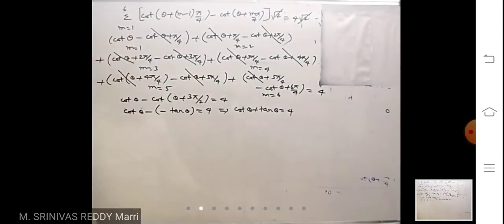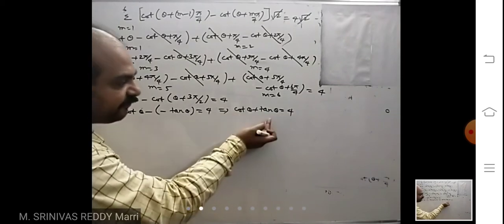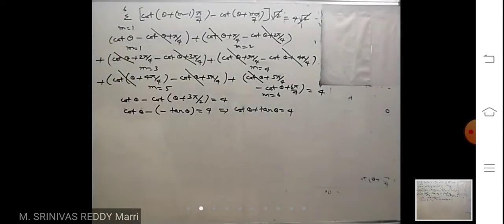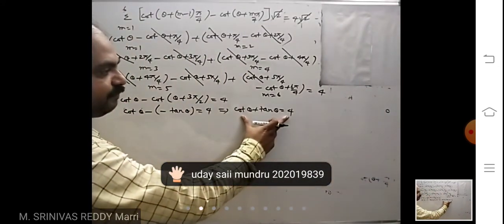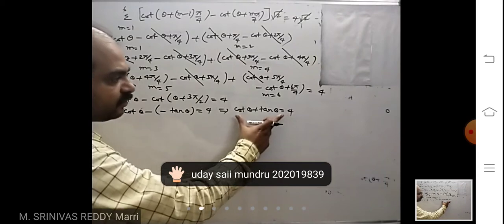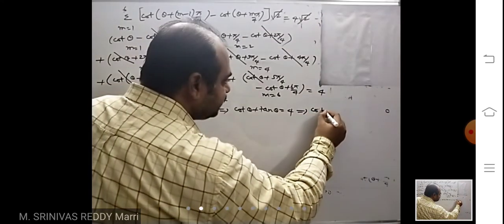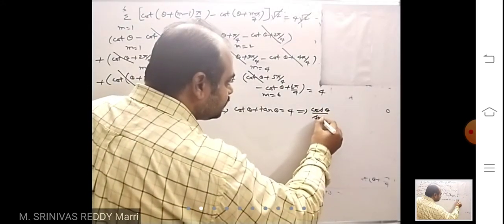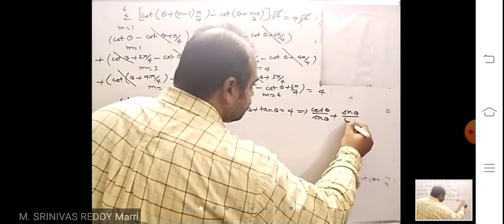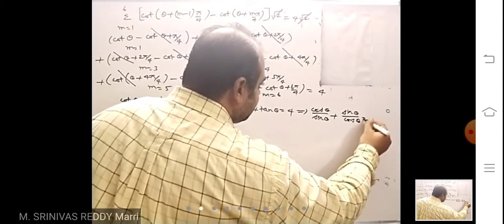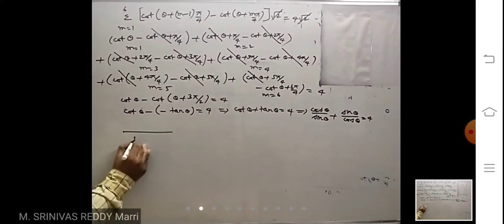Look at our big sigma value, it is becoming a simple trigonometric equation. Now from here you know how to solve the problem, right? That sigma equal to 4 root 2 is nothing but this is the one. We have simplified that equation to this form. Now how to solve this trigonometric equation? When cot and tan are there, no option. Cos by sin plus sin by cos equal to 4, right? So we will take the LCM.